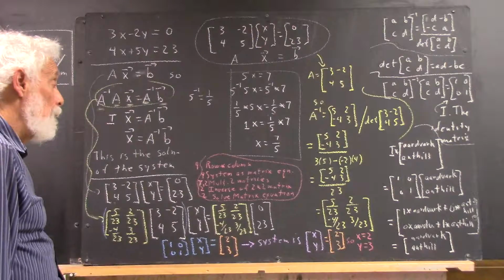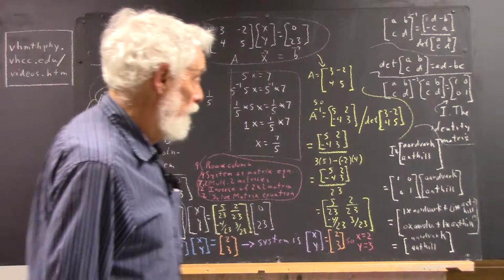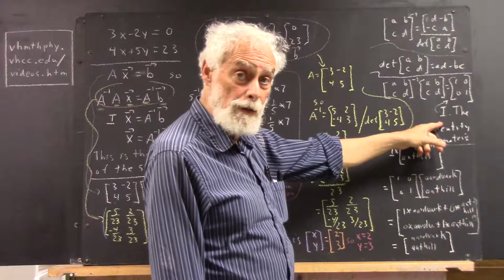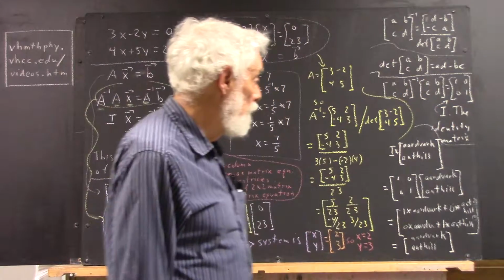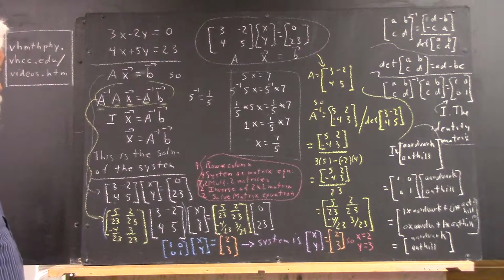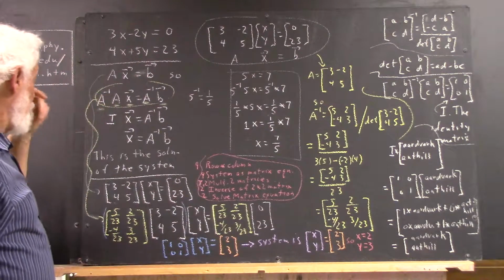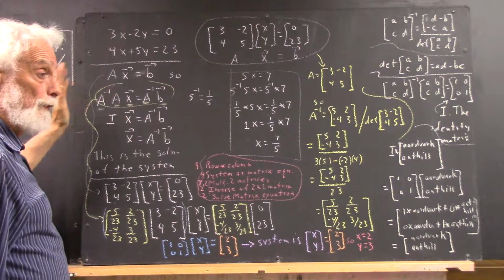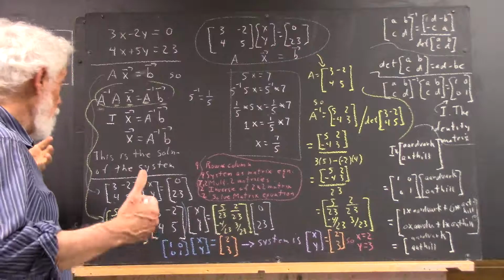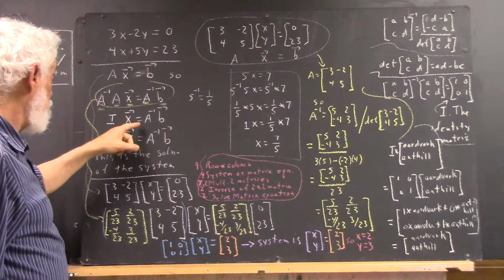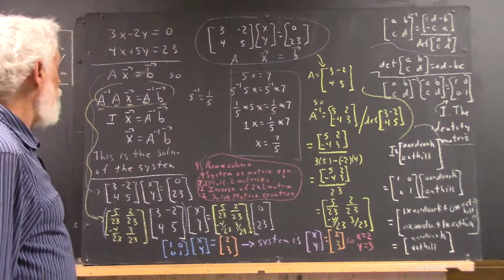Okay. Now, we've just claimed that any time you multiply a matrix by its inverse, you get the identity. Now, there's more to prove here, but that's something we're just going to take as something we understand. So if you multiply the matrix by its inverse, either way, A times A inverse or A inverse times A, it's going to give you the identity. So instead of A inverse A, we write identity times X. Now, the identity